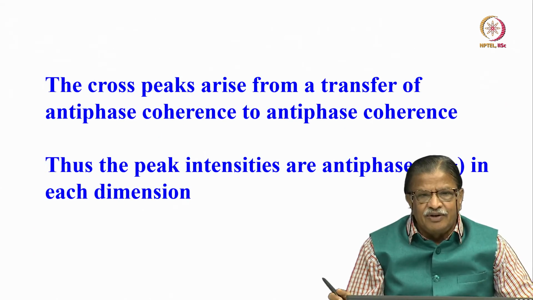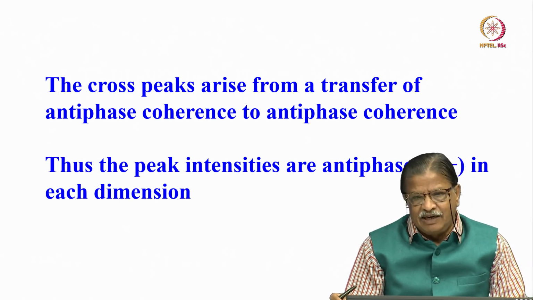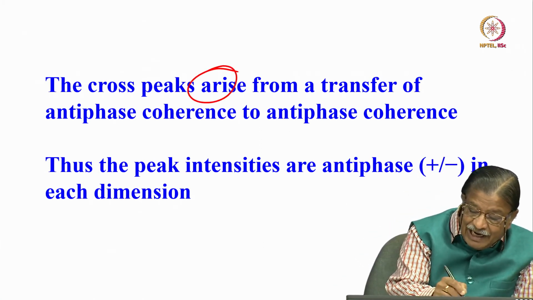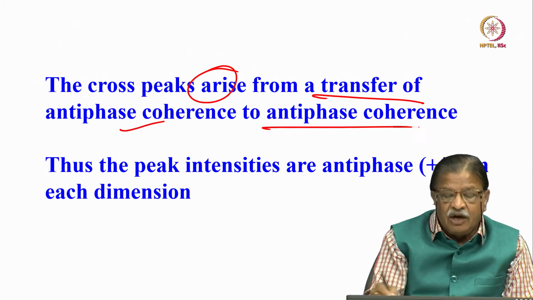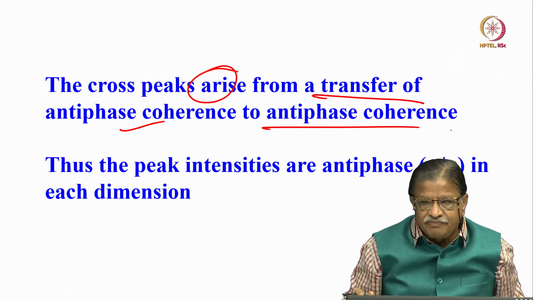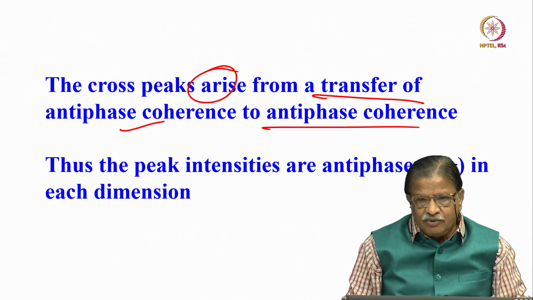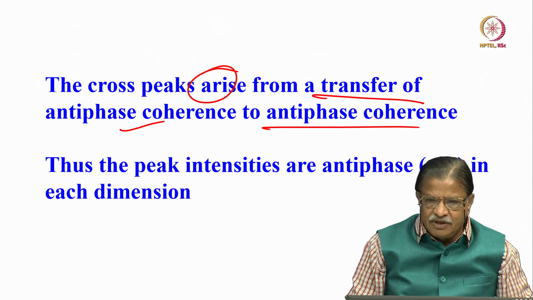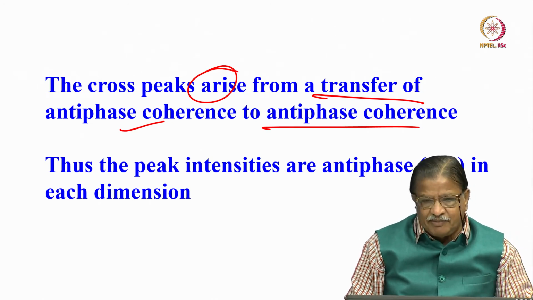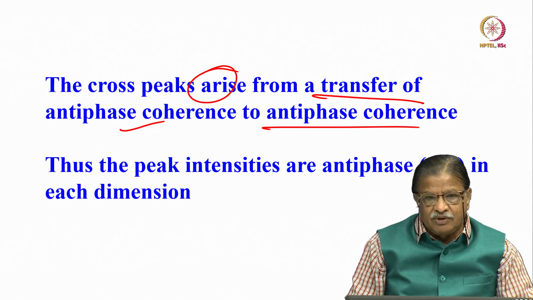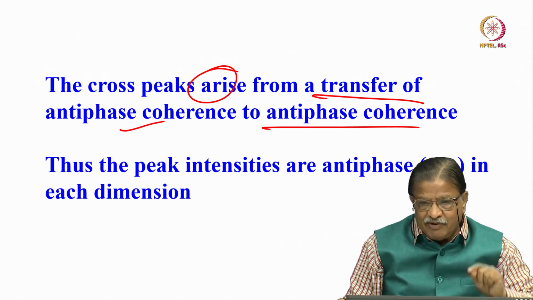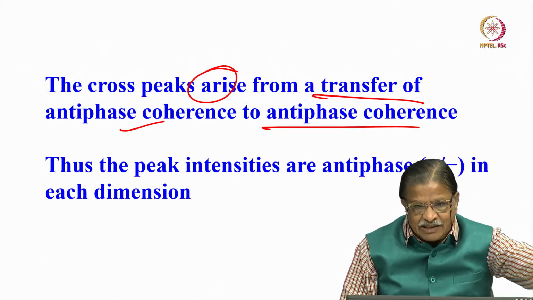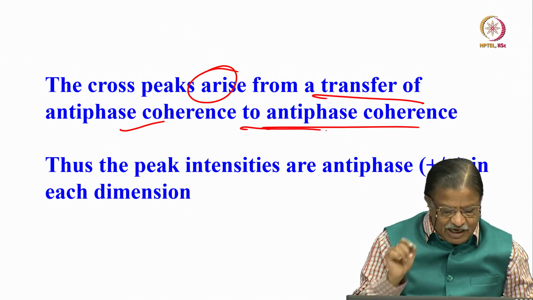Okay. So, the cross peaks also will have a similar structure. In the sense, cross peaks arise from the transfer of antiphase coherence to antiphase coherence, remixing. That is what we discussed. I told you how magnetization transfer, coherence transfer takes place in the INEPT experiment. In product operator also we understood it. This J coupling is responsible for creating the antiphase coherence, and this is responsible for transfer of magnetization from one spin to another spin. That is what we said.